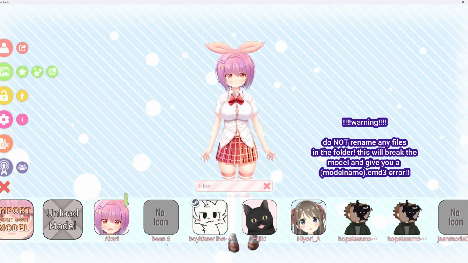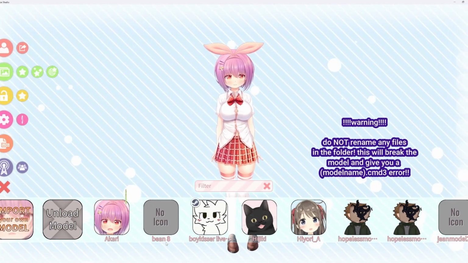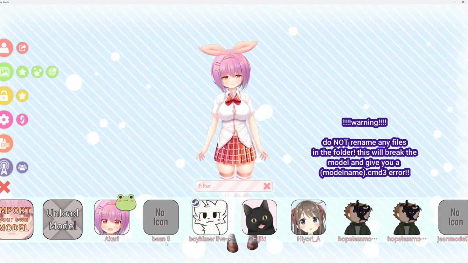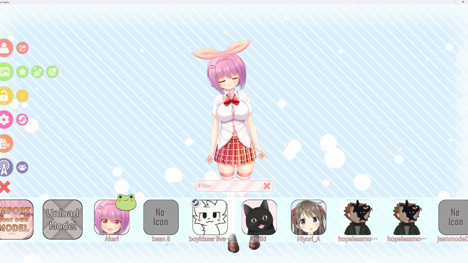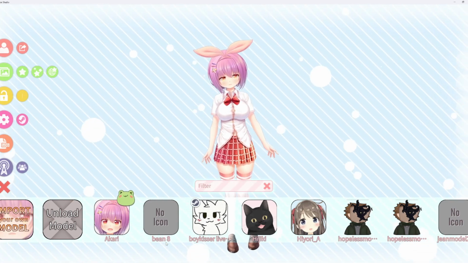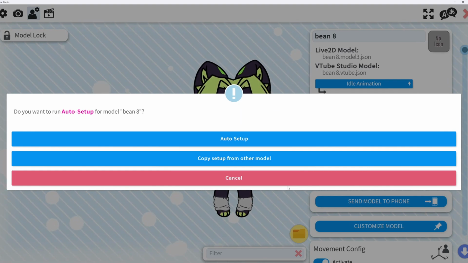I will advise, do not rename those files. It will not change the name of this. It will just break the model. You won't be able to get it to work. You'll get a CMD3 error. So once you click it, I'm cheating because I didn't actually make a new folder, but you're gonna